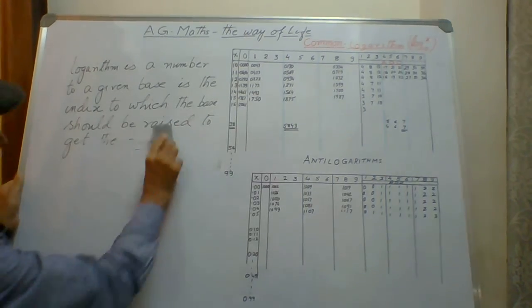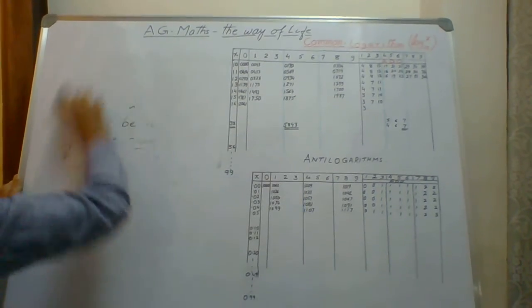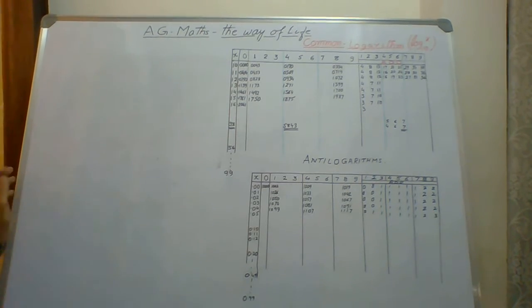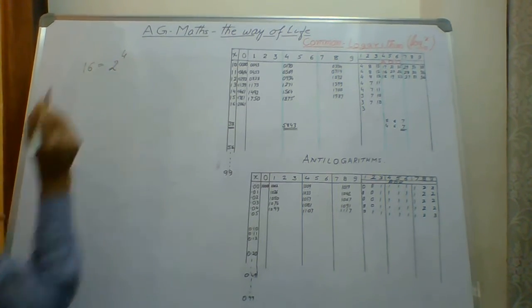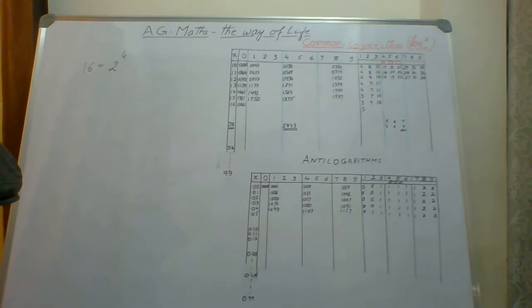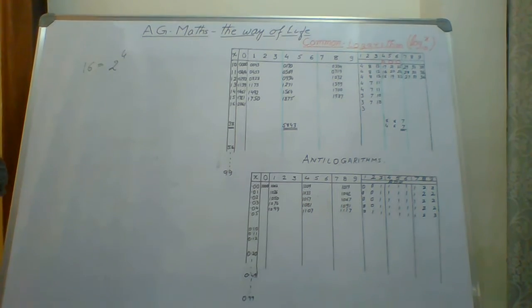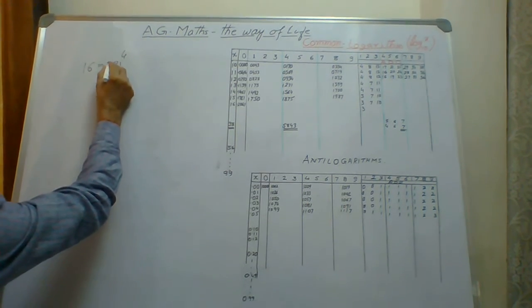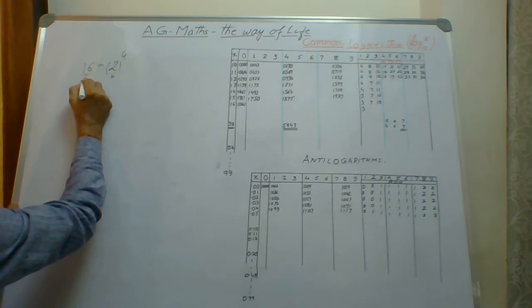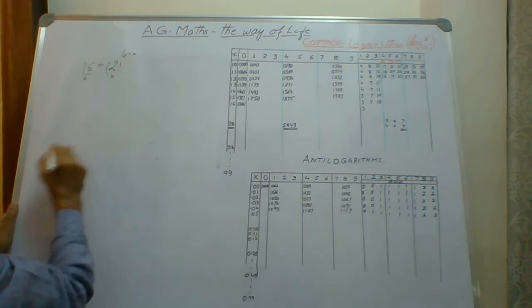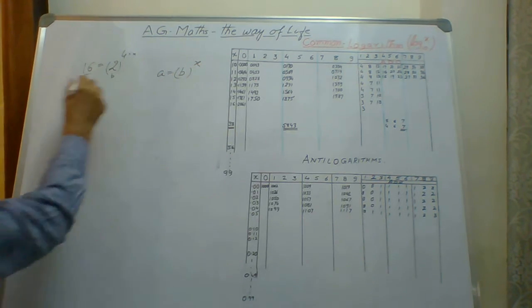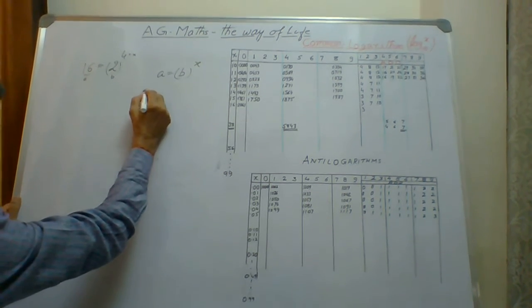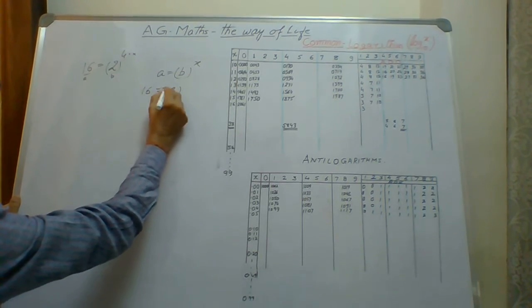Okay, let me give you some examples of how to work this out, changing index form to log form. Suppose you have got a problem like 16 is equal to 2 to the power 4. That is well known. Now how do we write this in the log form? This represents the b here and this represents the a here and this is representing the x. And as I told you, a is equal to b to the power x. This shape you have to write. Then what we will write? 16 is equal to 2 to the power of 4.